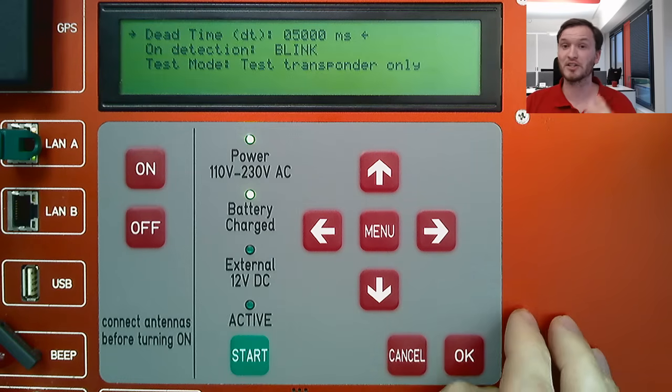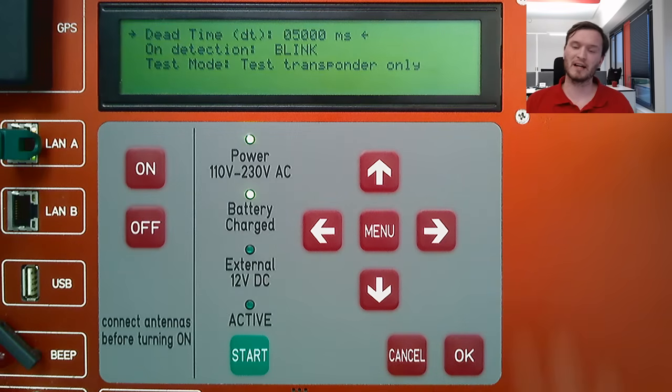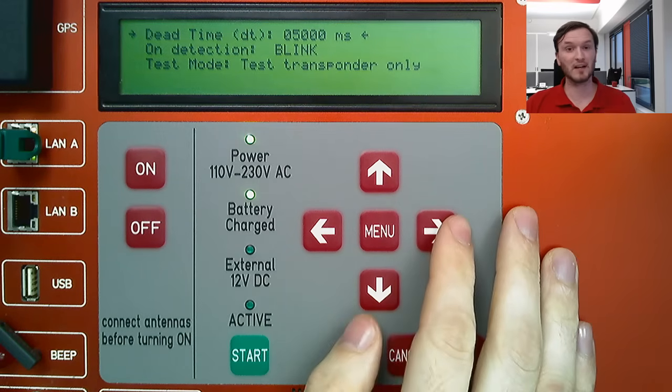You'll see that reaction time is no longer here. Reaction time does only apply, as was pointed out to me earlier, to passive timing. The way active systems work is that we will always get the chip read when the chip is in the middle of the loop where the signal strength is the strongest. We will only get that time where the signal strength on the chip is strongest, so you don't need reaction time. Dead time still applies in the same